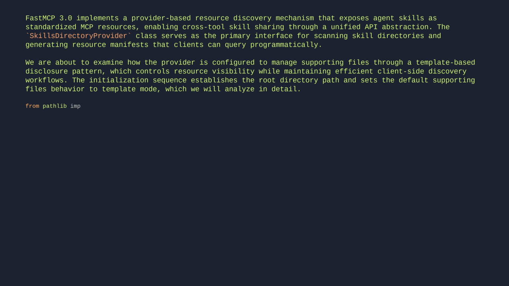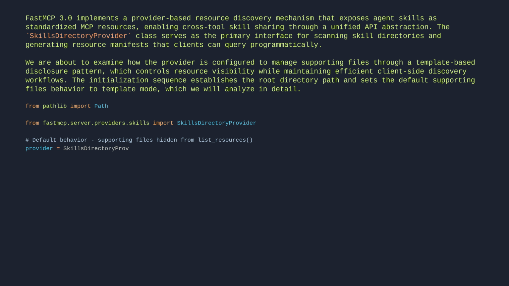From pathlib import Path. From fastmcp.server.providers.skills import SkillsDirectoryProvider. # Default behavior: supporting files hidden from list resources. provider = SkillsDirectoryProvider(roots=Path("~/.claude/skills"), supporting_files="template"  # This is the default